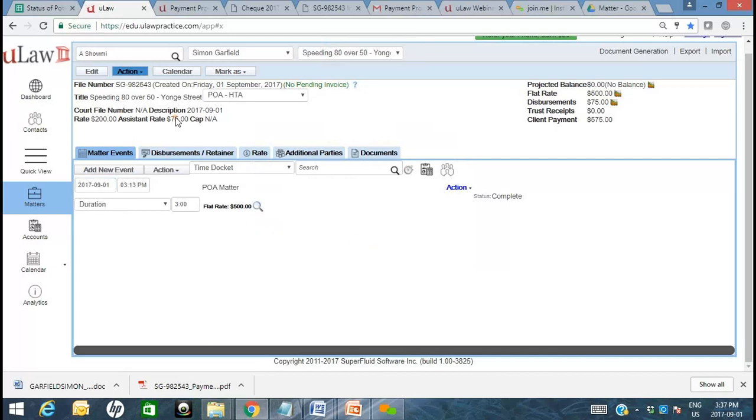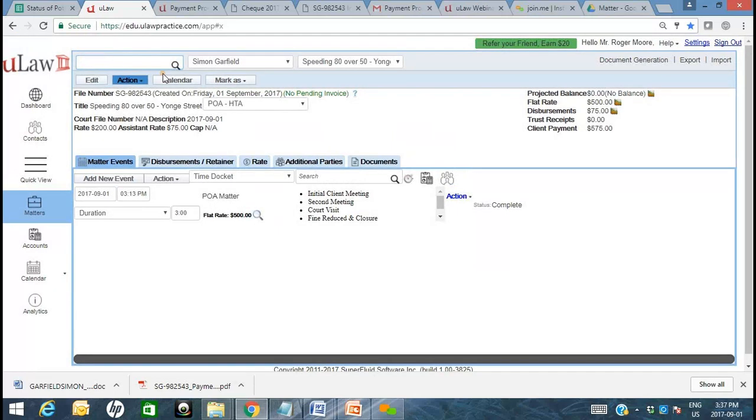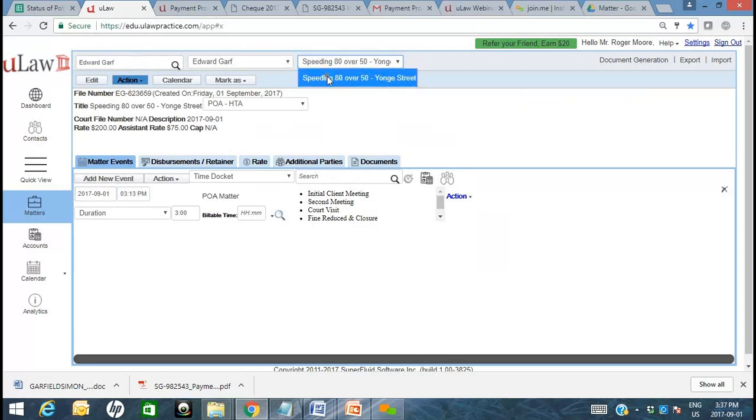From that ideal matter that you've already created to this new contact was going to be used for the same purposes of the matter. Now you're going to use the search option within our matter screen, which is sometimes overlooked. Let's just search for Garf. There is Mr. Edward Garf. And you're going to see the same matter, speeding 80/50 Young Street got copied over, and so did all the information, including the total time you spent on it,